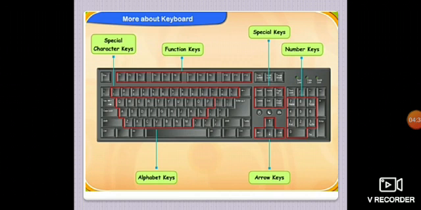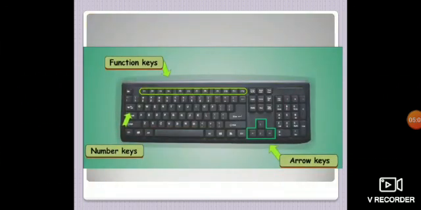Now the special character keys. As I've already explained, the keyboard contains 2 sets of number keys, where on the top part of the alphabet keys, where the number keys are present, there are special characters also. We will get them by pressing shift and 1, that number key. So we will get the special character. Let us move to the next part. See, in this picture you can see in brief where the function keys are, where the arrow keys are and where the number keys are.